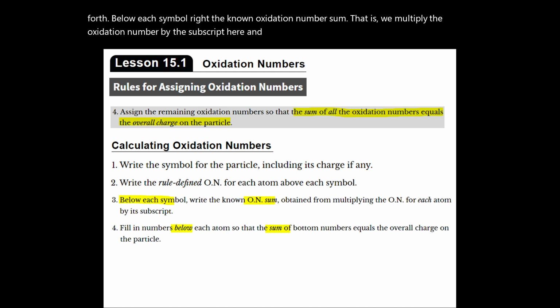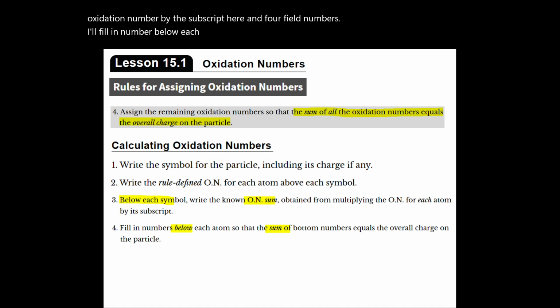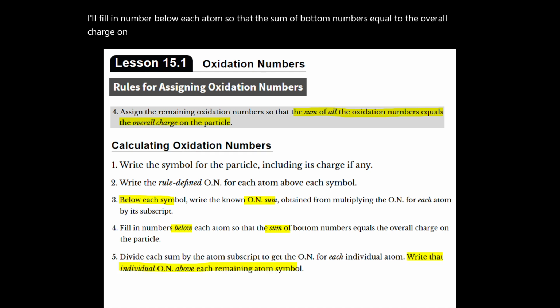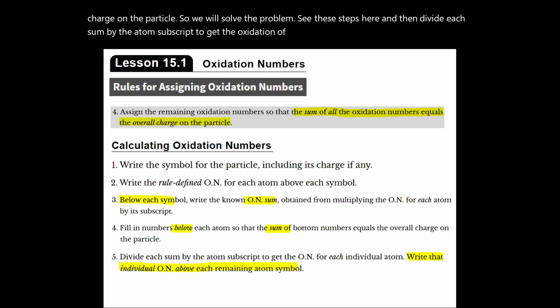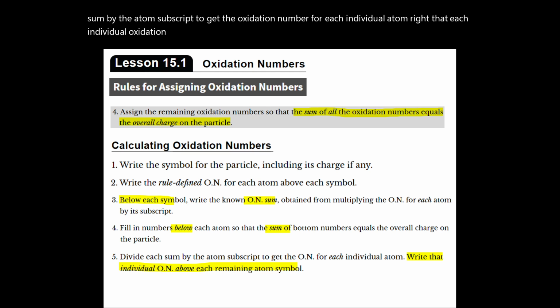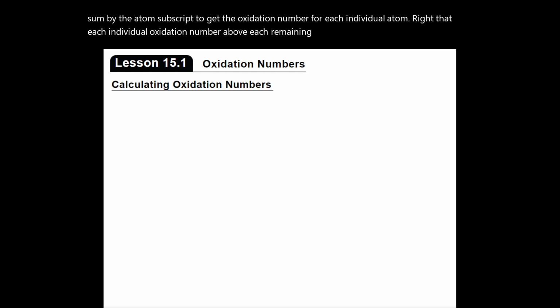Step 4, fill in numbers below each atom so that the sum of the bottom numbers equals the overall charge on the particle. We will solve the problem, see these steps here, and then divide each sum by the atom subscript to get the oxidation number for each individual atom. Write each individual oxidation number above each remaining atom symbol. So let's